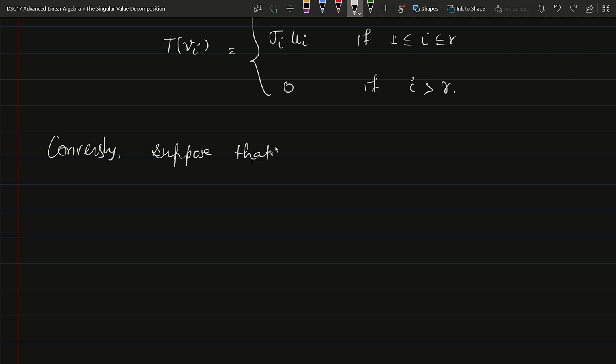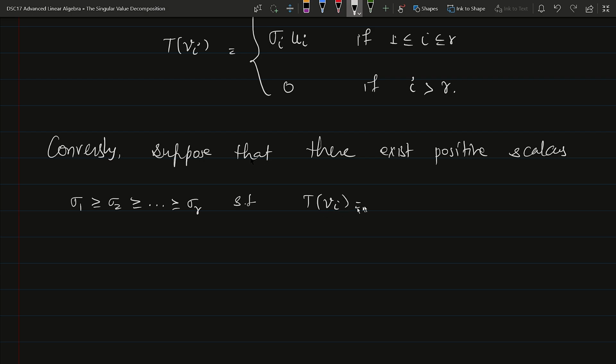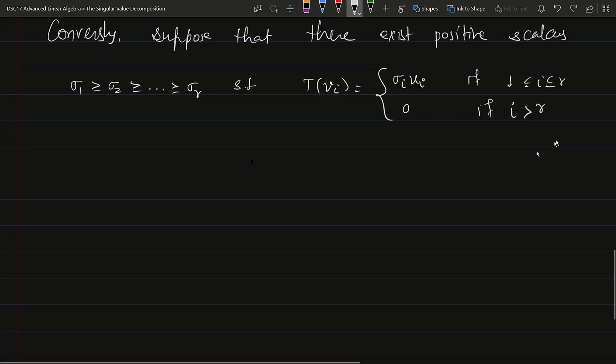Suppose that there exist positive scalars sigma 1 greater than or equal to sigma 2 greater than or equal to and so on greater than or equal to sigma r. Okay, such that T of vi is equal to sigma i ui if i is between 1 and r, and 0 if this i is strictly greater than r. Okay, then in that situation,